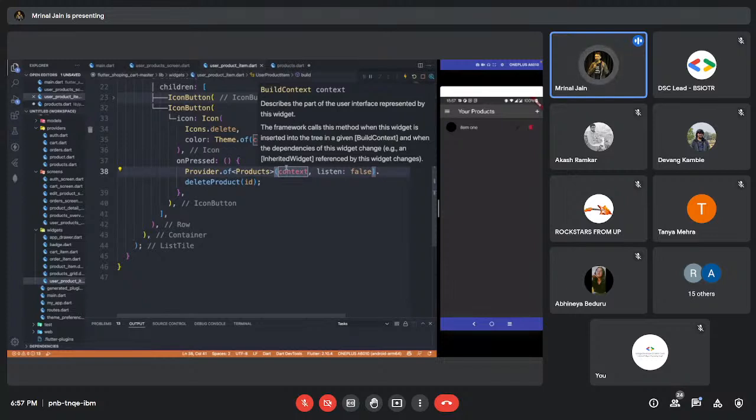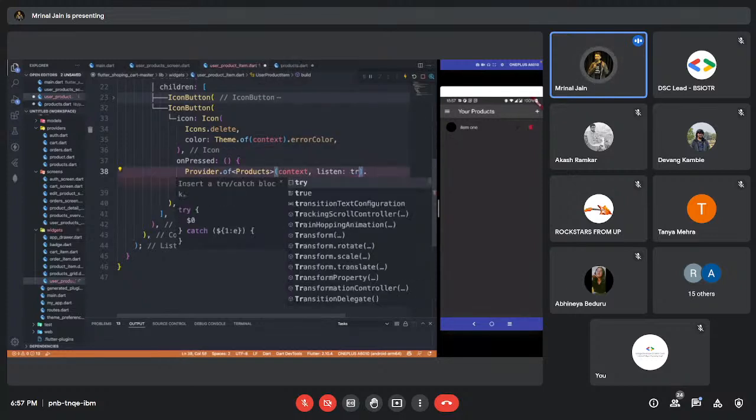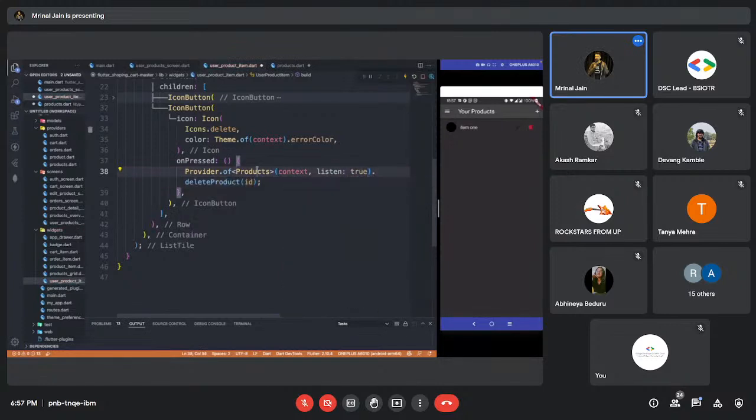There are now 7 items in the database. So if we make this listen true, what this provider package would do is automatically update the UI over here